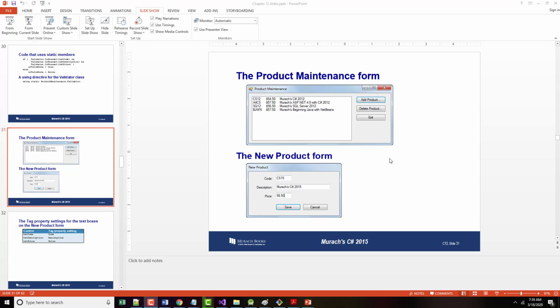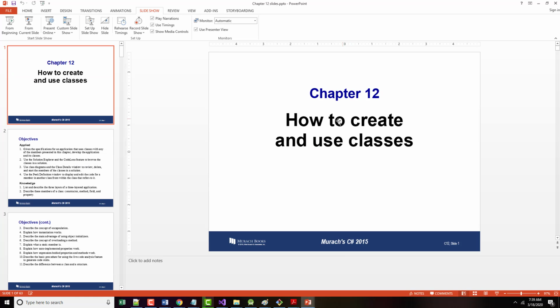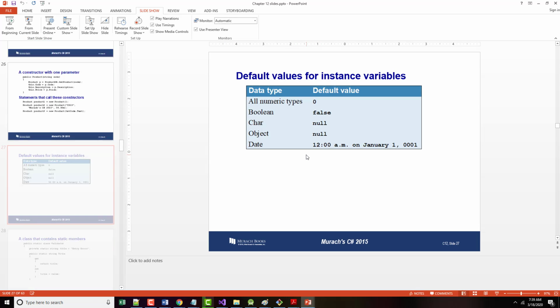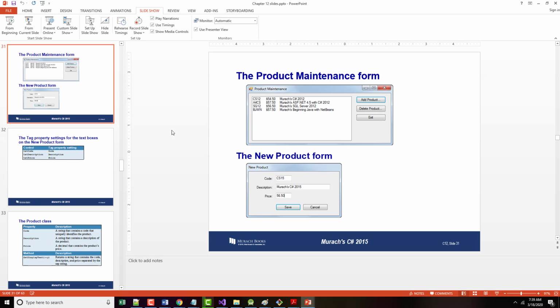As part of the AWD1100 C# programming class, I have been going through, or re-going through, Chapter 12 of our book. Chapter 12 is on how to create and use classes. I decided to go back and review the PowerPoints for this, and then we're going to look at some examples too. All right, so as we go through this,